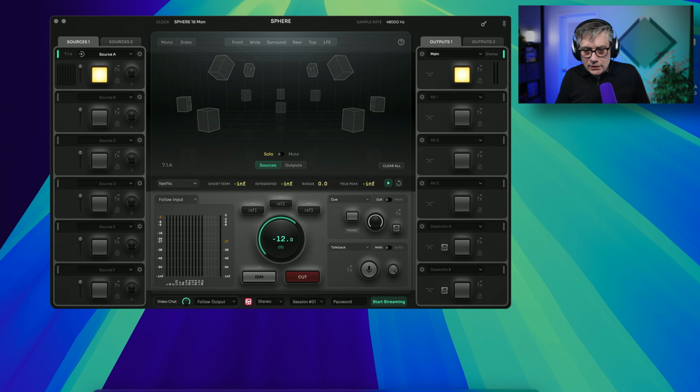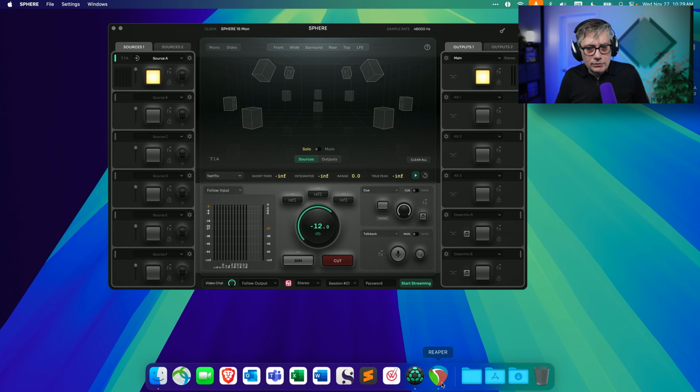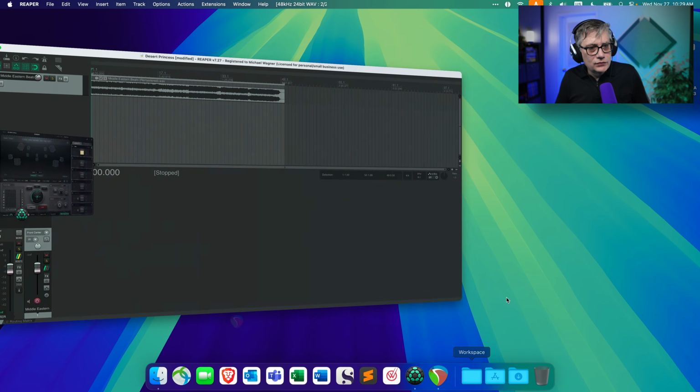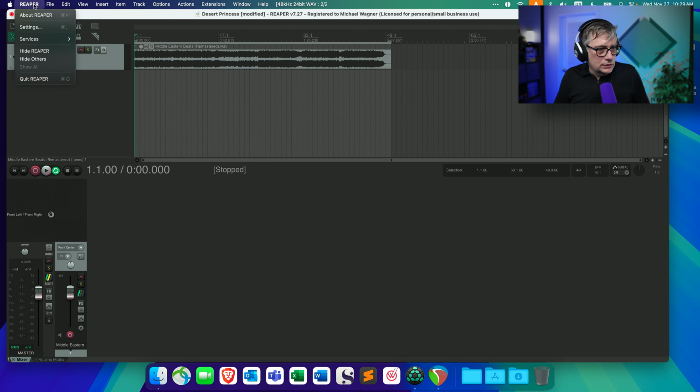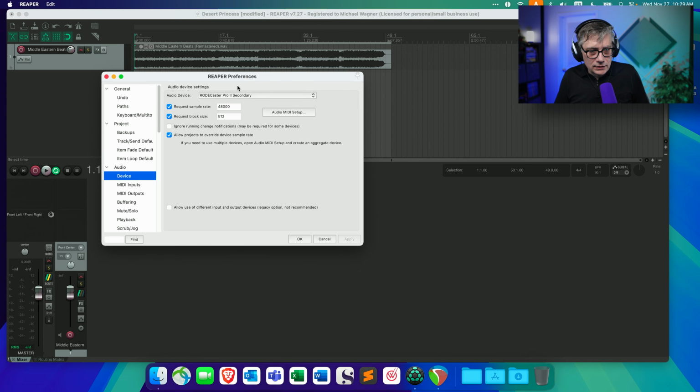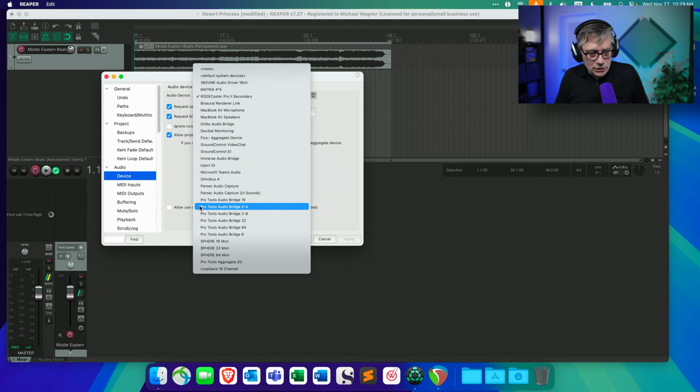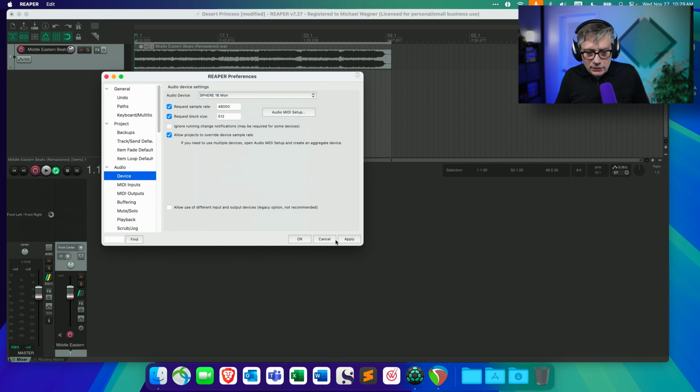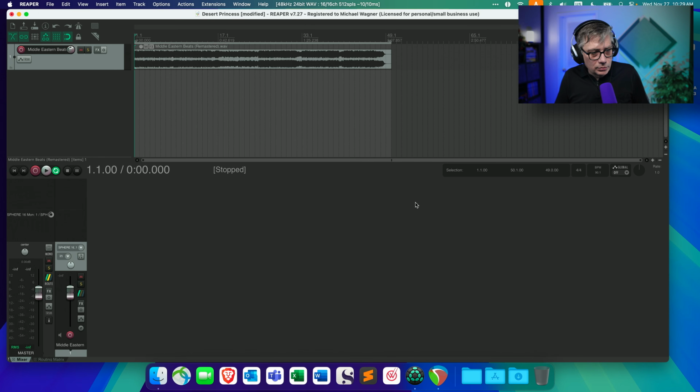But let me first go back to Reaper and complete the Reaper setup so that we actually get audio through Ginger Audio Sphere. For that, I need to go into the settings and change that to the virtual device that Ginger Audio Sphere is expecting. That is the 16-channel output device, or virtual device here. So I'm going to press OK.